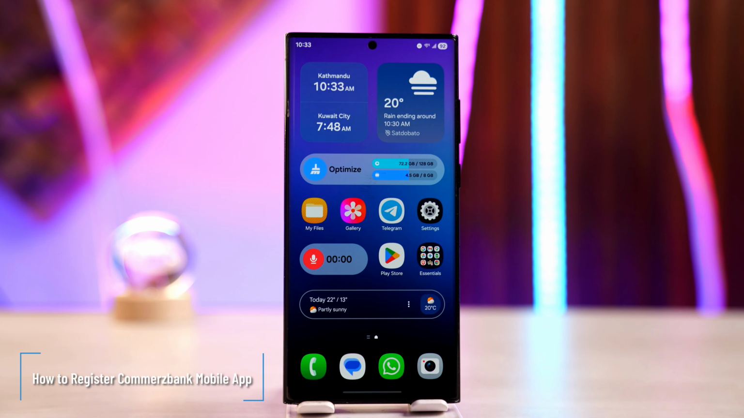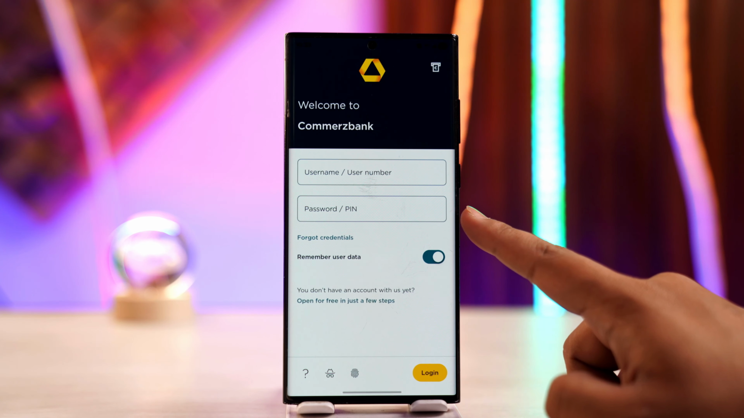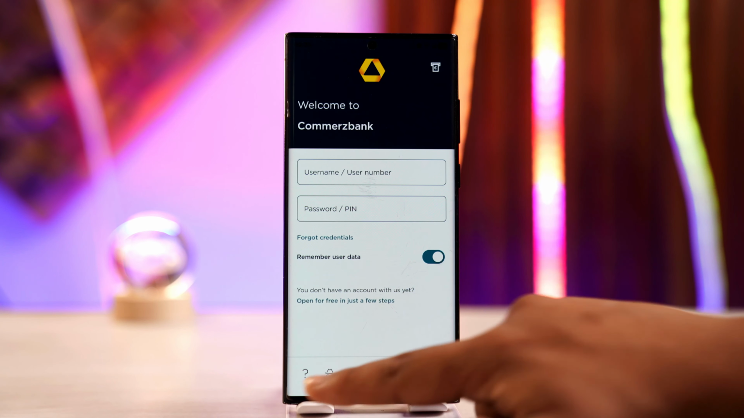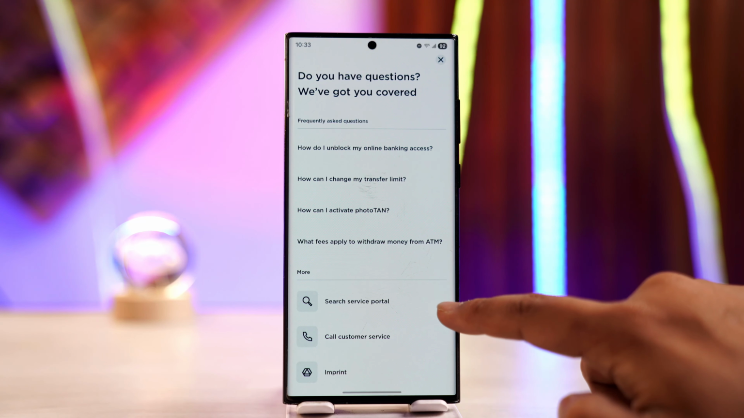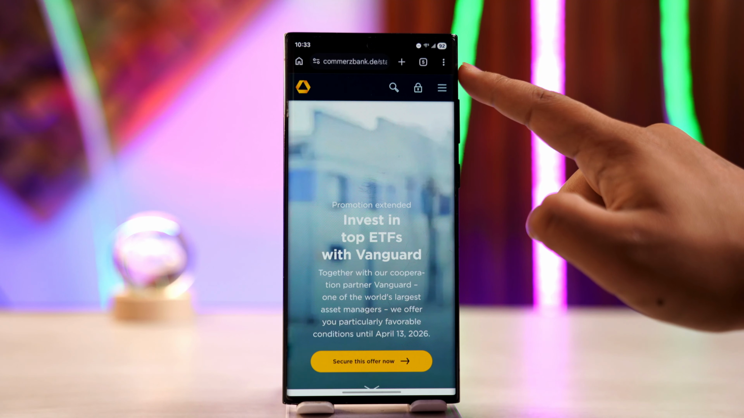How to register Commerzbank mobile app. If you want to register for the Commerzbank mobile app, on the mobile app we only have the option to log in and not register. So if you want to register, what we actually have to do is open our browser and go to the official website